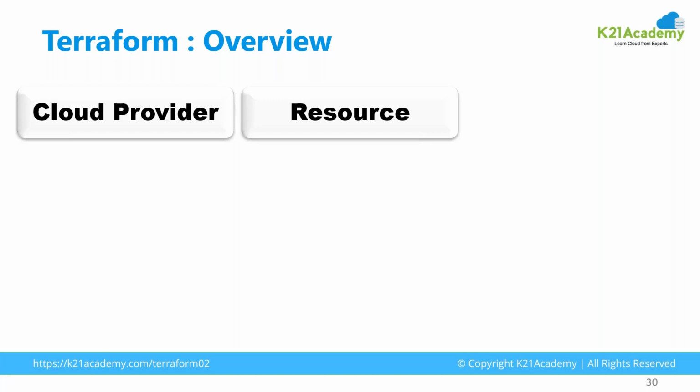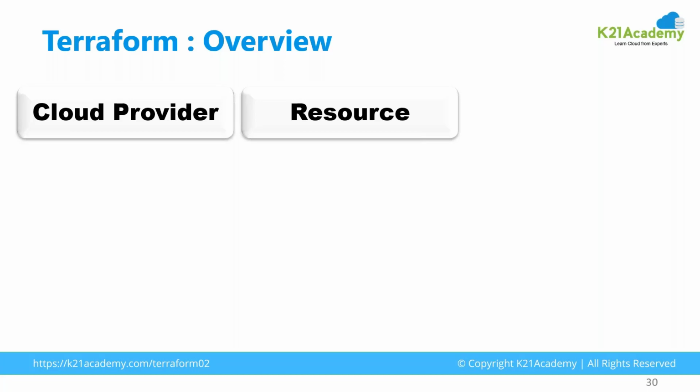So say the network: in Azure you say it VNet, in Oracle you say it VCN, virtual cloud network, in AWS you say it VPC, virtual private cloud, right? So that way you have got the same thing in the cloud but with other names, and each of these is known as a resource. Okay, you have got say network, VPC.